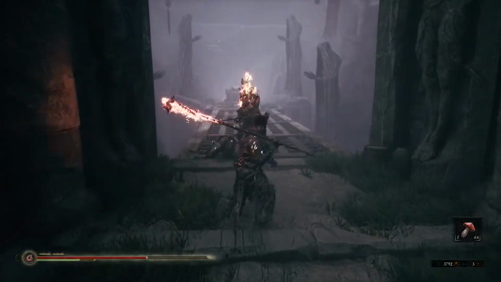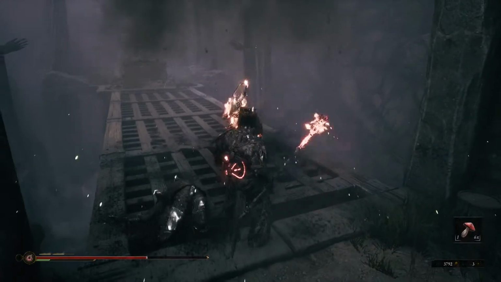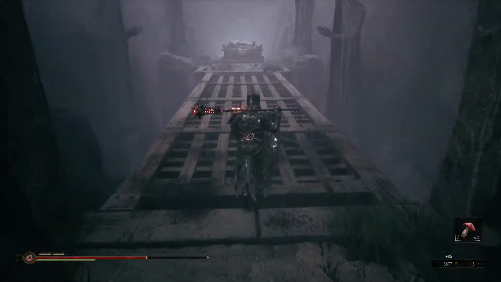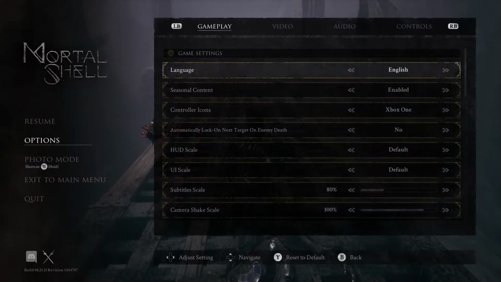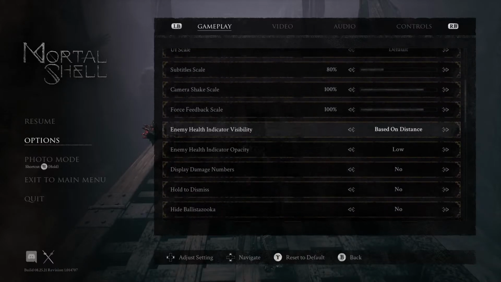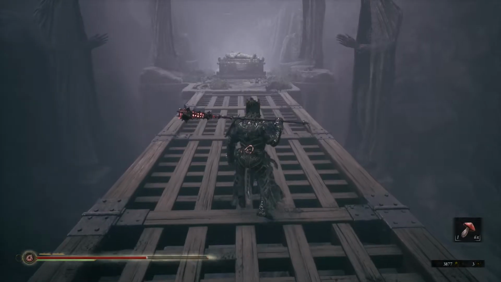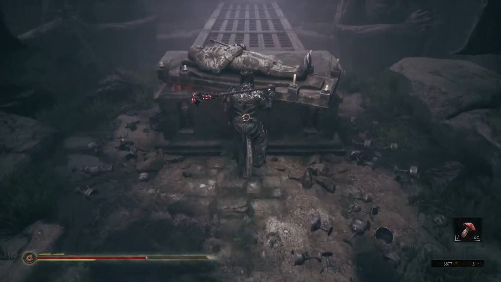I forgot to change the health bars again. Oh, he burned to death. That was a really effective use of the fire there. We actually almost got both the bars back. We're gonna lose the second bar, unfortunately. Where was it? What am I looking for? Visible on hit is fine. Yeah, we lost the full last bar, but...